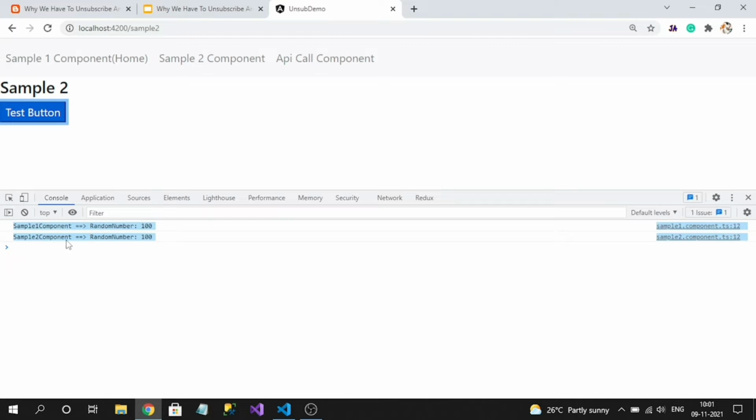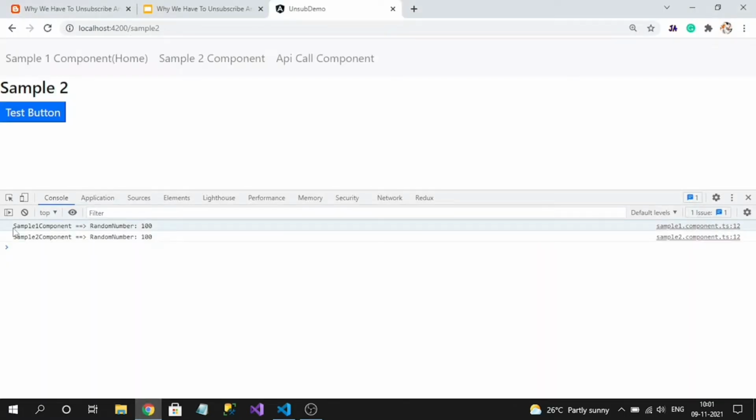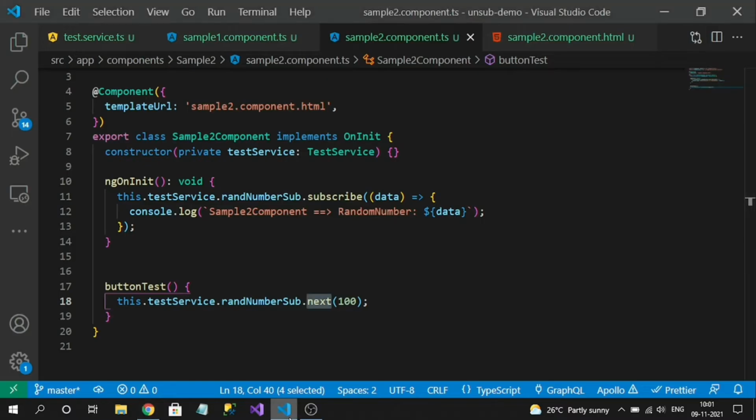See, it is logging two times. As I expected, I want only the sample two component to be logged, but sample one is also logging. When I click on the button, I am updating my subscriber. Once it is updated, as per my expectation, only this component should listen for the data, not sample one.